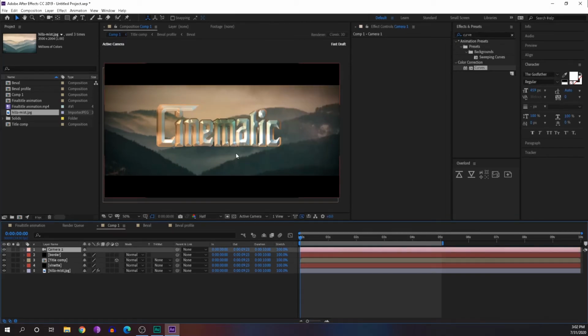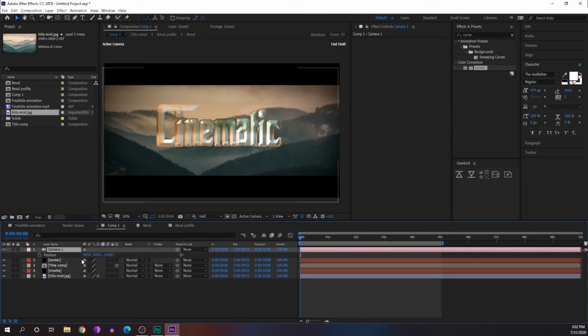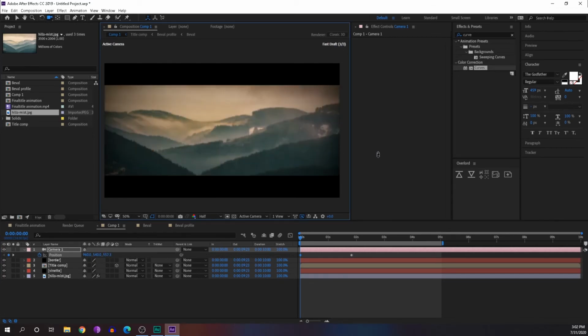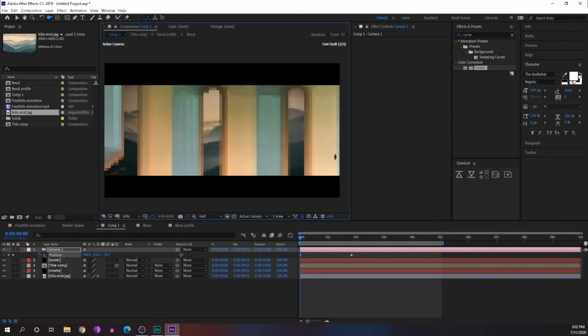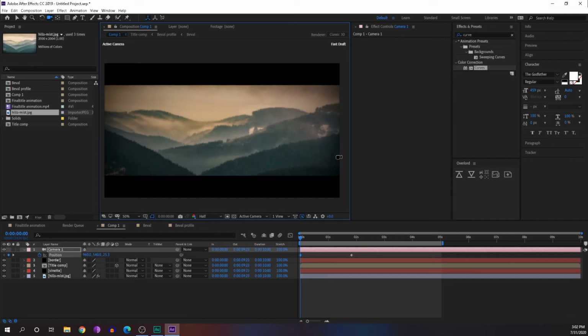So press OK, and in the camera position we'll put a keyframe, and we'll move this keyframe to maybe 2 seconds or something. For the first frame we'll select the unified camera tool, and we will move it something like this.